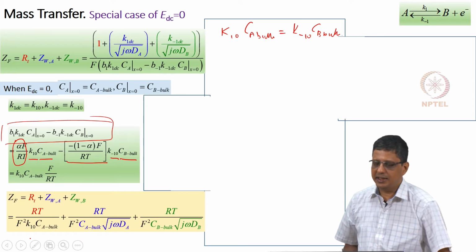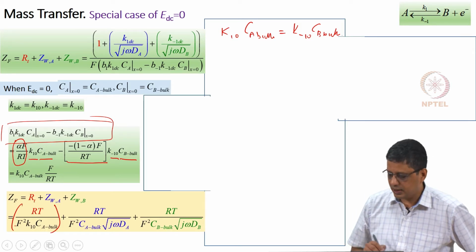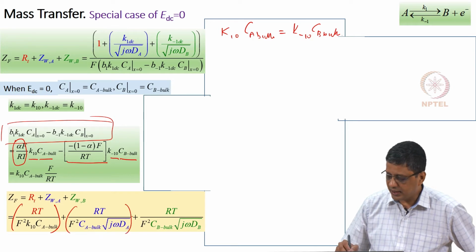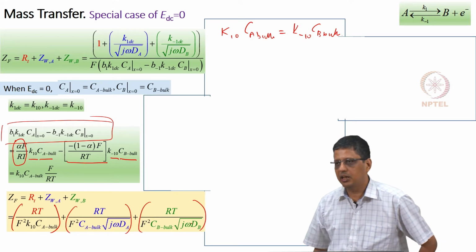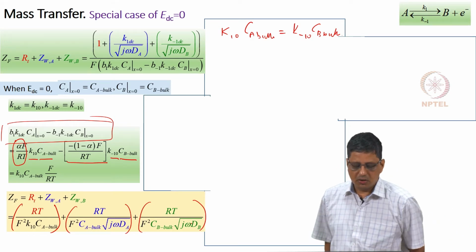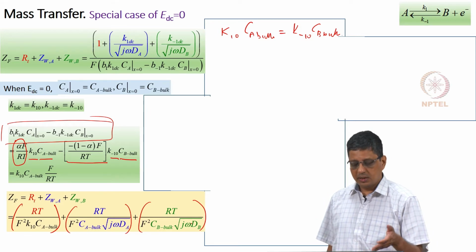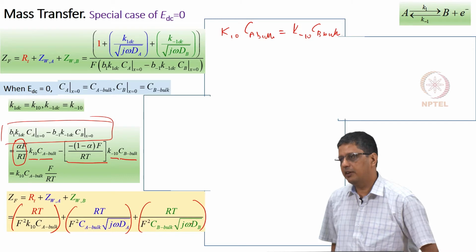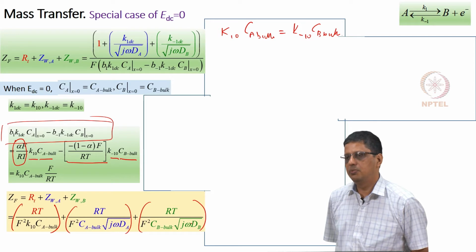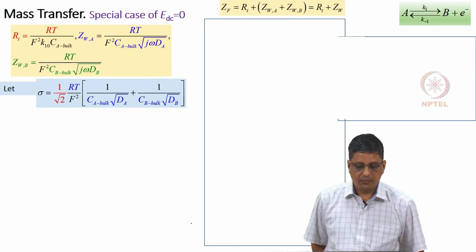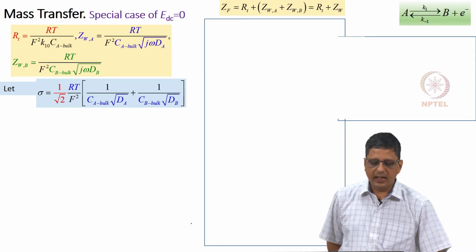Under this condition, it looks like this part does not have any diffusivity component, and this part does not have any kinetic component k_minus1 or k1, right. So, you would get the feeling that RT is independent of diffusion, Z_WA and Z_WB are independent of kinetics, but it is not always going to be a clean separation, it is valid only at equilibrium. Now, this can be written in a little more elegant form.